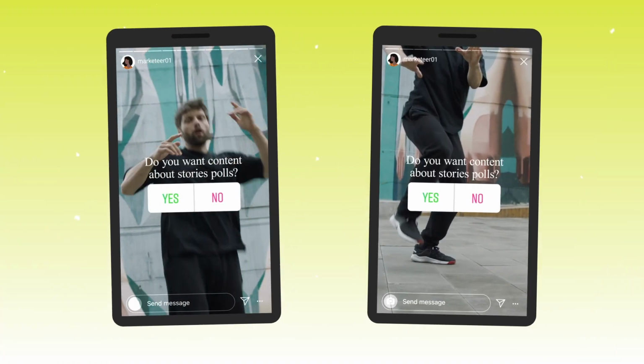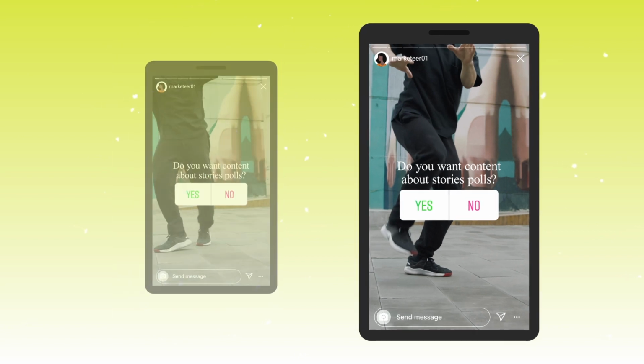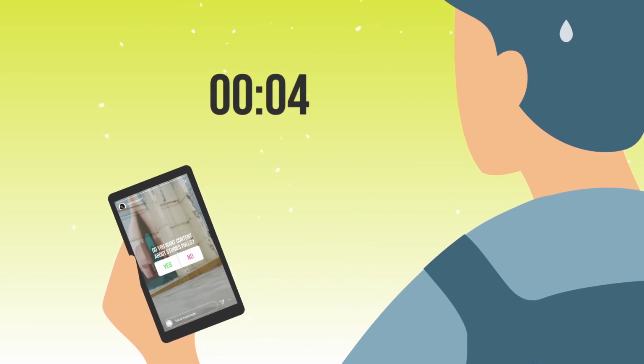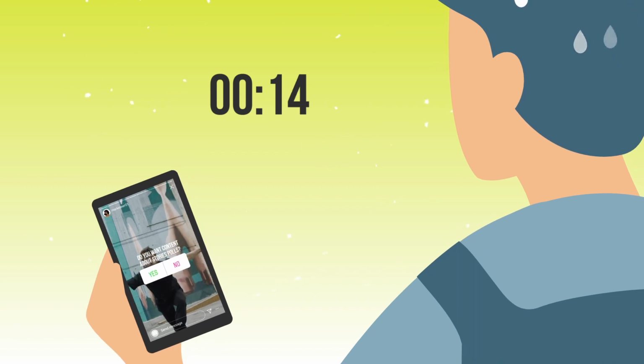That brings up another point. Should you run video or should you run image? When it comes to polls, I usually recommend that brands stick with still images, and here is why. The first part is people are already trying to figure out what's going on in the story that they're looking at. So if there's a video running and there's a poll question and there's only 15 seconds for them to figure out what's going on, they're probably only gonna figure out maybe one of those things before they're on to the next story. You want them to focus on the poll. Video can really distract from that.